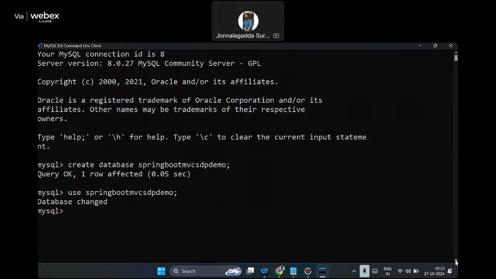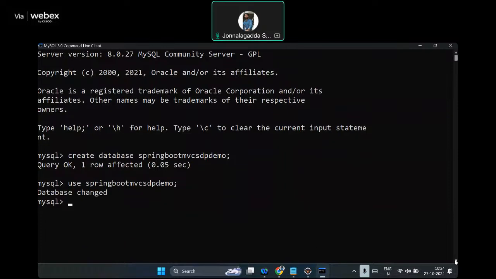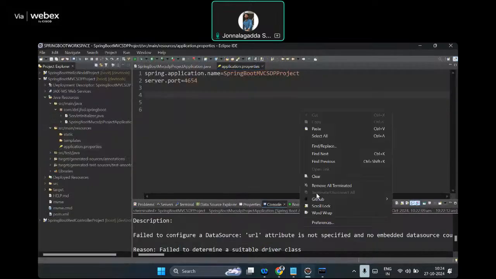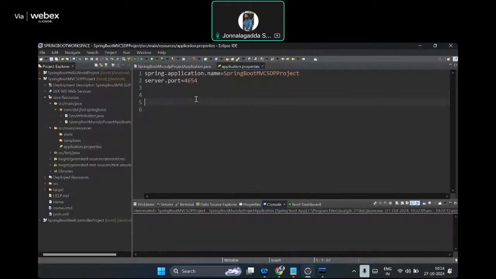Right. You can create it with any name, but ensure that throughout the JFSD, any kind of lab experiment or any kind of file, class or interface, everything should be created with a proper naming convention. If you don't want to create it with Spring Boot MVC demo or SDP demo, you can create a relevant name and ensure that you use that name in your application.properties. Now let's just start. So let me clear the screen. After setting the application.properties, then let's go to